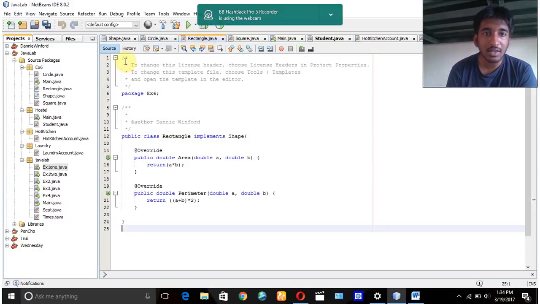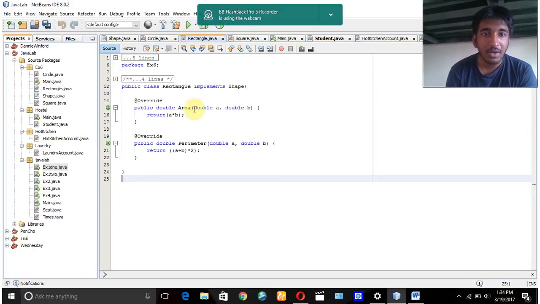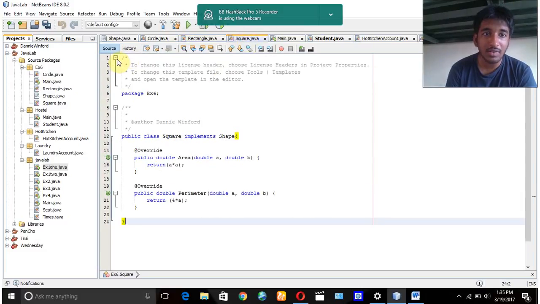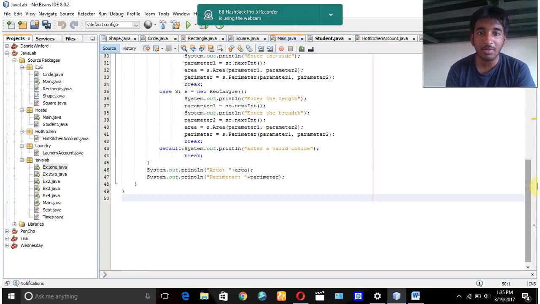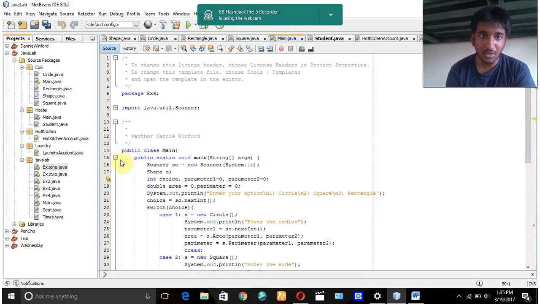And similarly, the rectangle.java also implements the same shape interface, and it overrides the two functions. It returns area as a into b and perimeter as a plus b into 2. And similarly, the square also implements the interface shape, and it returns a square and 4 into a as perimeter. Coming on to the main function,